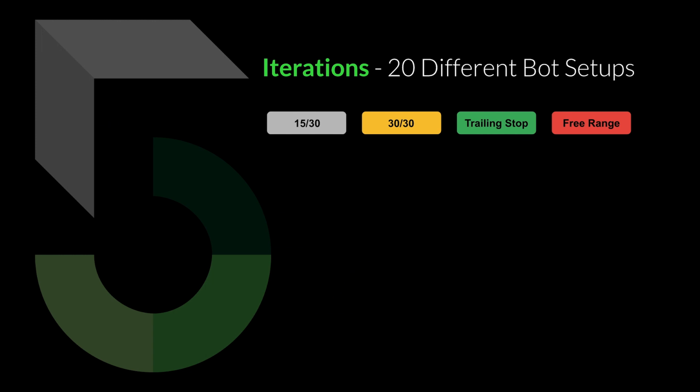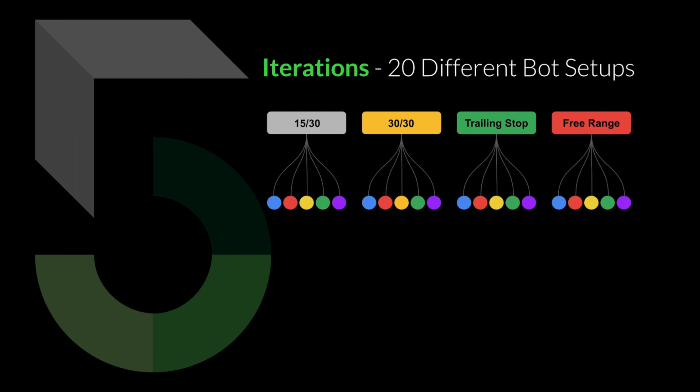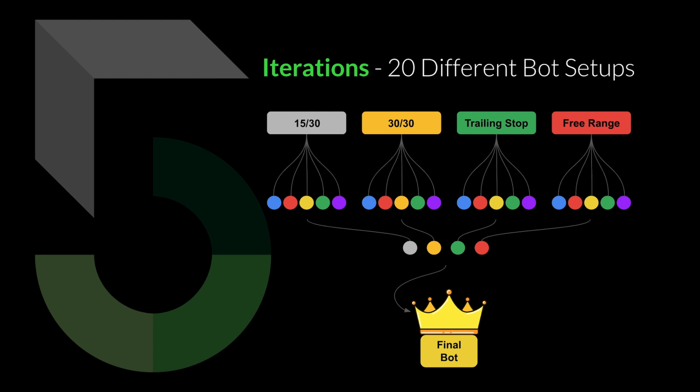But with these 4 variations, I made 5 iterations of each for a total of 20 different bots. I chose the best bot in each iteration set. And from there, I want to use the conclusions that I've drawn from that data set and make this final bot for passive income. So I made videos on each of these iteration sets. These were the winners. I'm just color coding them for now, but these are the winners of each of the sets. And I want to use the information from these iterations to see if I can make an even better